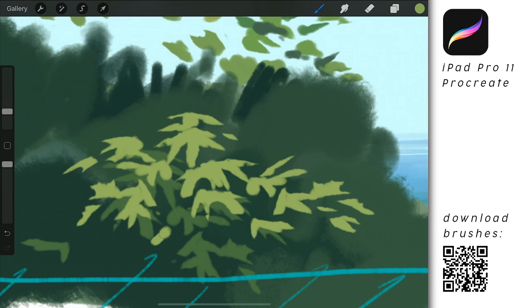Okay, so I just duplicated it and changed the color a bit, to make a new layer that's underneath, so we can have a bit of three-dimensionality here in the leaves. I don't want to paint everything, but I want to make a new layer here so we can have some